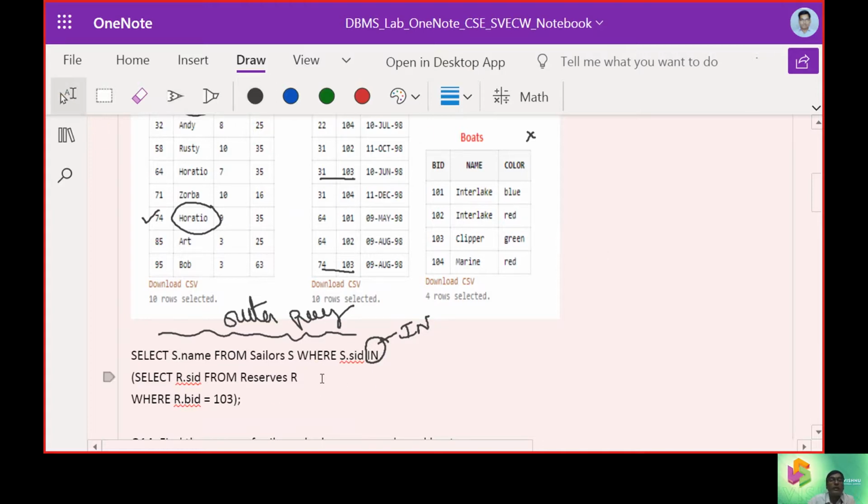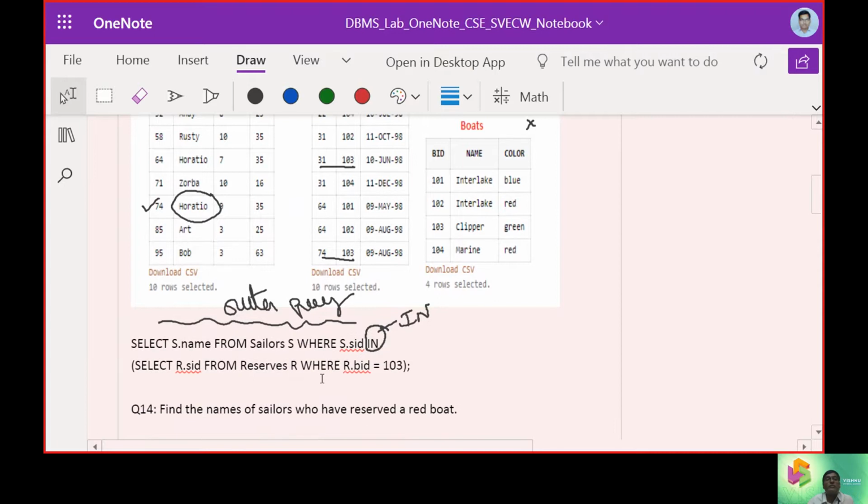The second part, written in braces, we will call the inner query, from the select command towards this query.